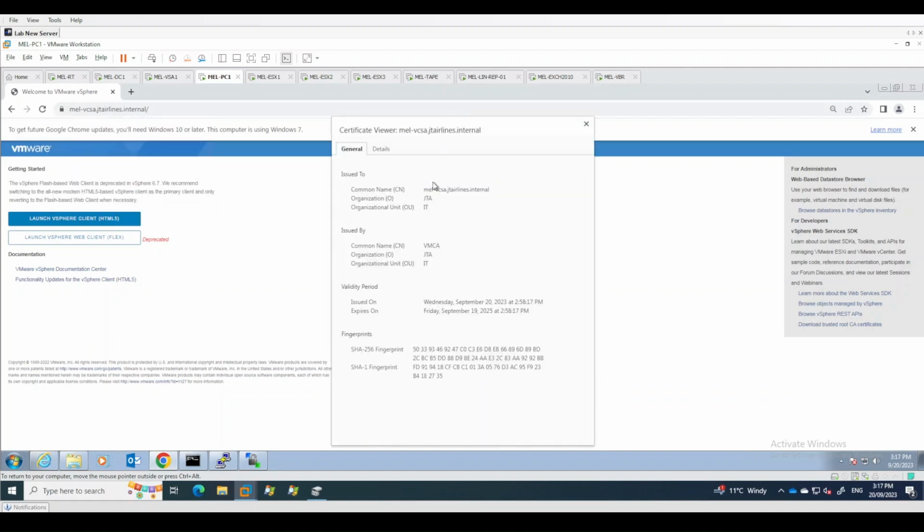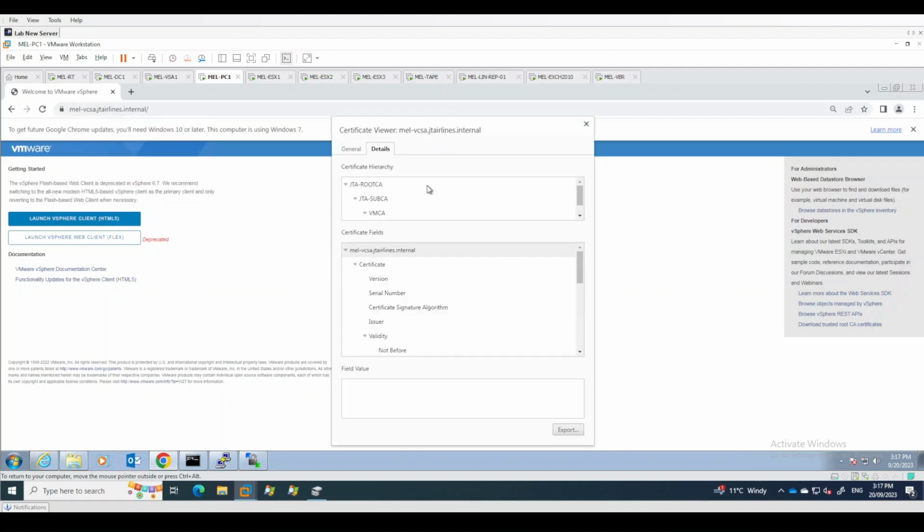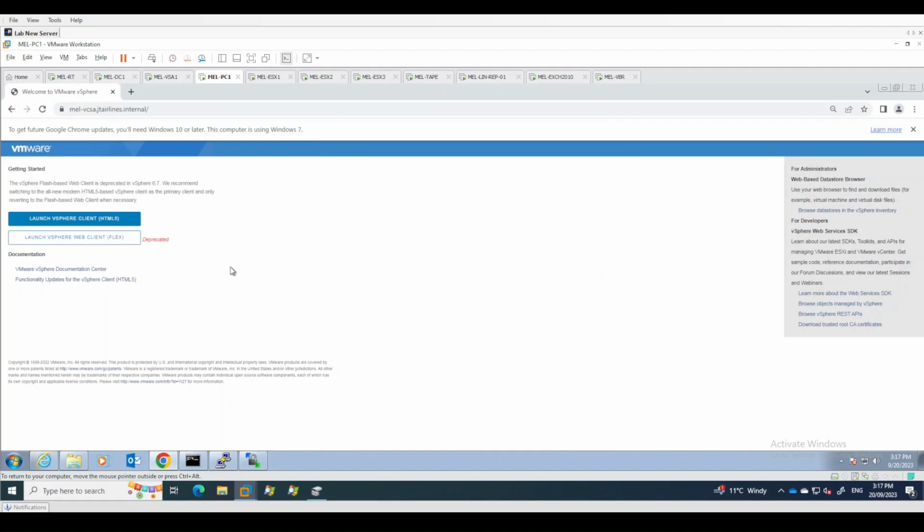If we come in here and have a look at the view, now we can see the chain. Here we are, melvCA has been signed off by the vSphere Certificate Authority, and the vSphere Certificate Authority has been signed off upwards up the chain. So now we have a proper secure connection, and even now when we go to log in,